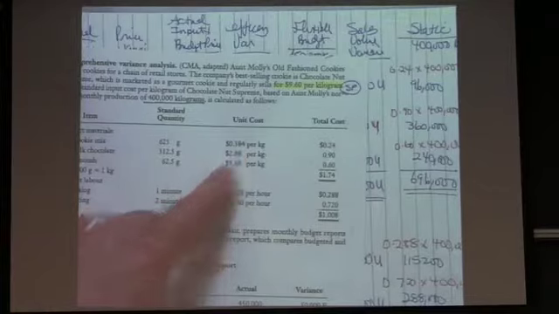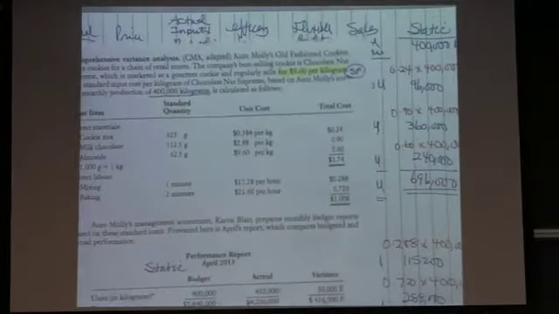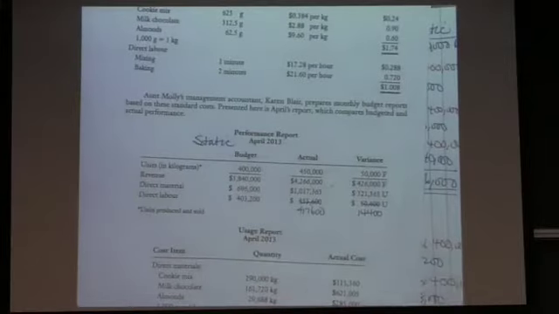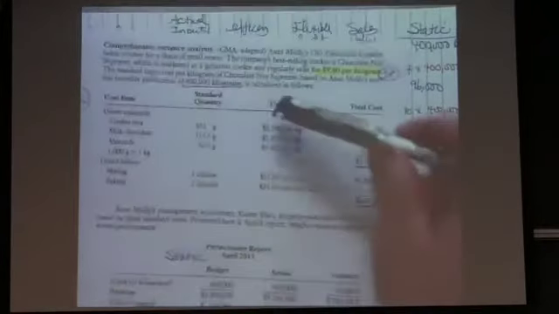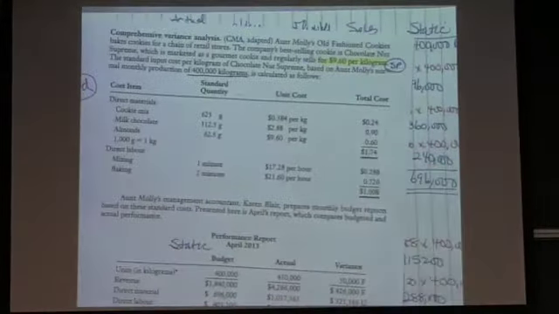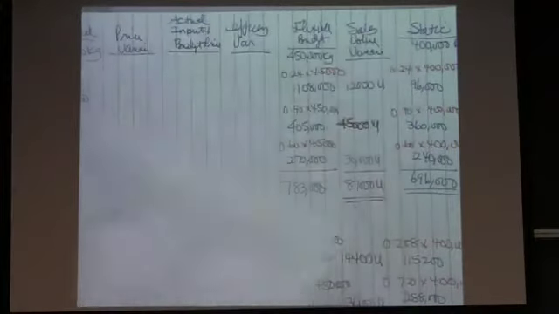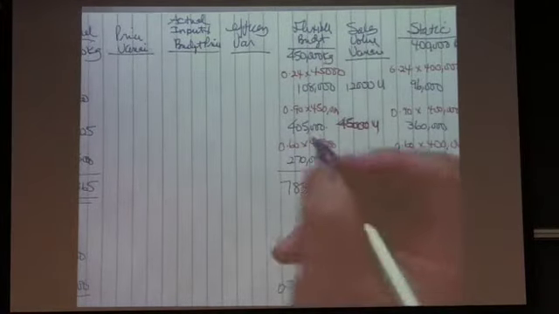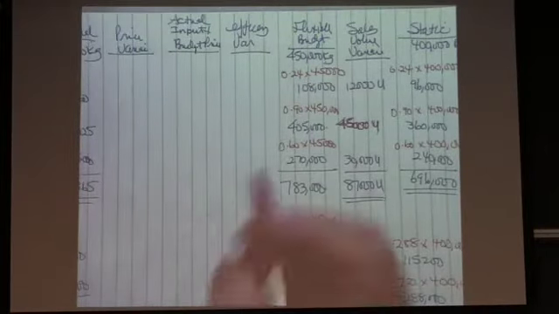So we have actual input times budgeted price. That's exactly what we're going to do. So the actual units of input, I'm going to use red in this case, 290